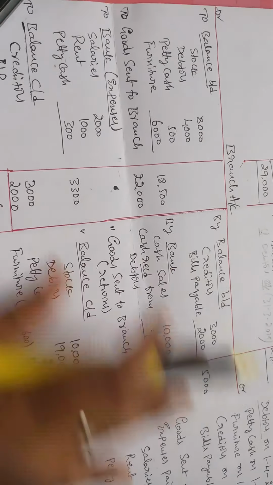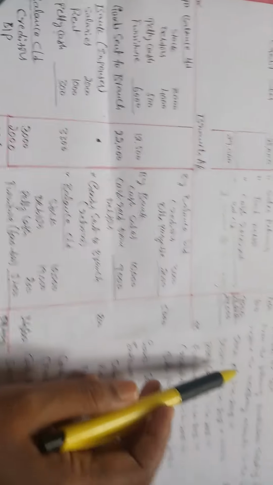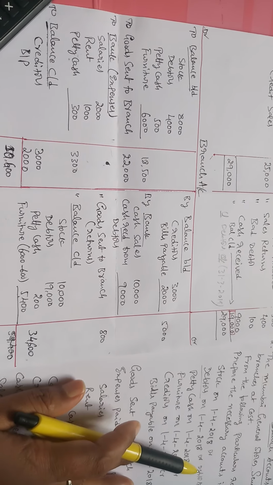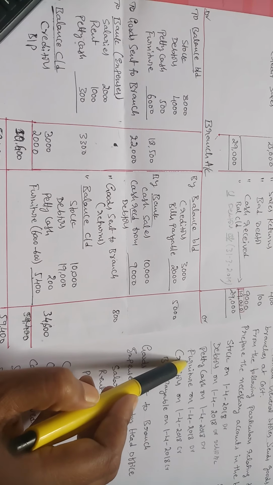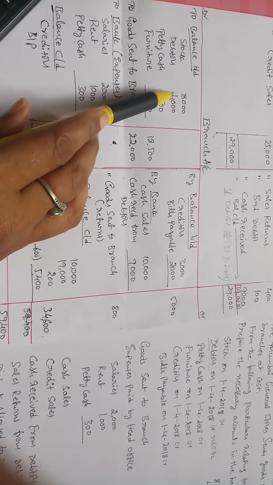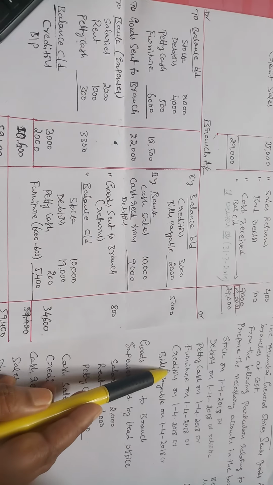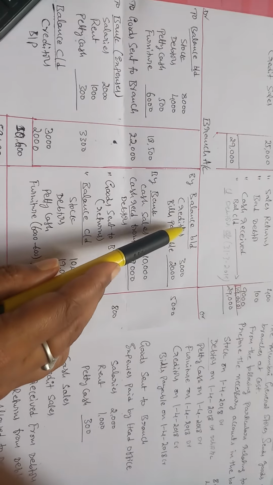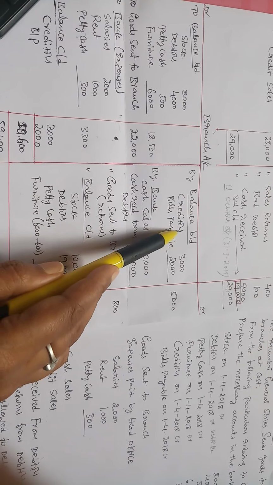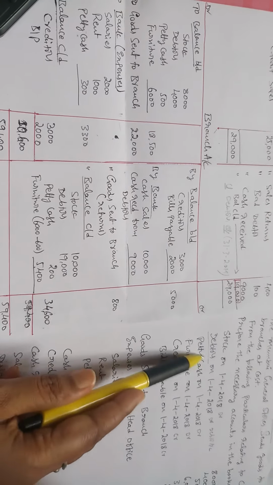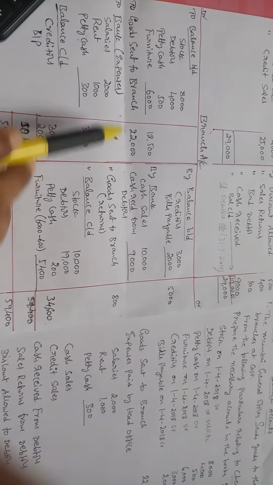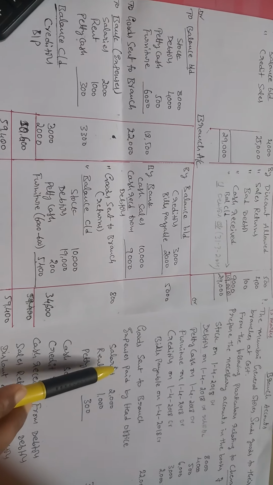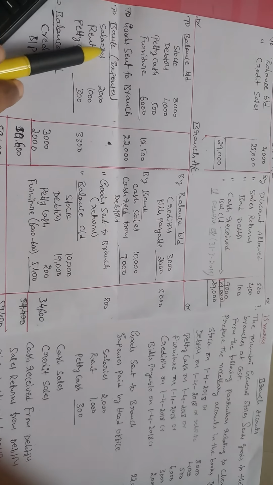Okay, so next branch account. See, branch account. See, opening stock, debtor, petty cash and furniture. These 4 items I entered here. Okay, these creditors and bills payable. So these are the balance brought down, creditors and bills payable credit side. So all 4 items debit side. Next, goods sent to branch. So goods sent to branch 22,000. Next, all expenses debit side, that's the bank account.